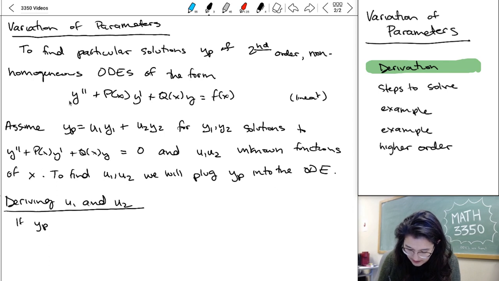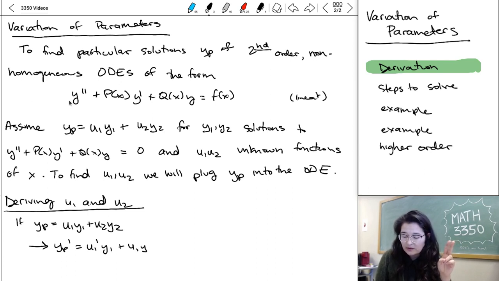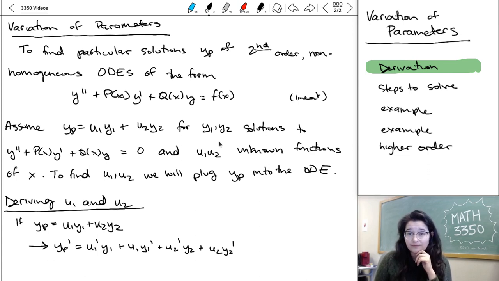So if yp is u1 y1 plus u2 y2, and we need the derivatives to plug into the ODE, we're going to find that yp prime, taking two product rules, first on u1 y1, we're going to get the derivative of u1 times y1 plus u1 times the derivative of y1. Then for the second term, u2 y2, we're going to get derivative u2 times y2 plus u2 times derivative y2. And then the derivative of that,